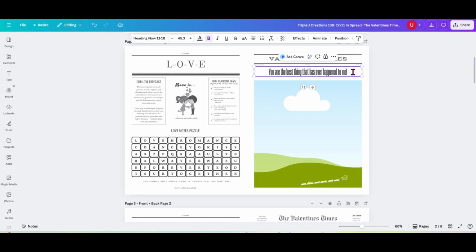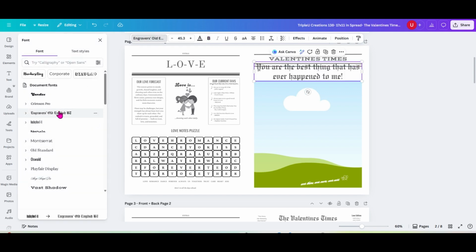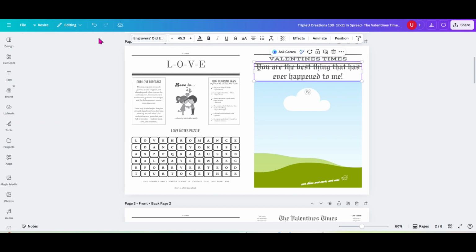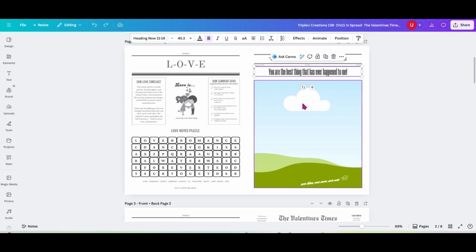You can also change the font if you're not crazy about it. Head on over up here. You can change it whichever way you like. Okay, so I'm going to start adding